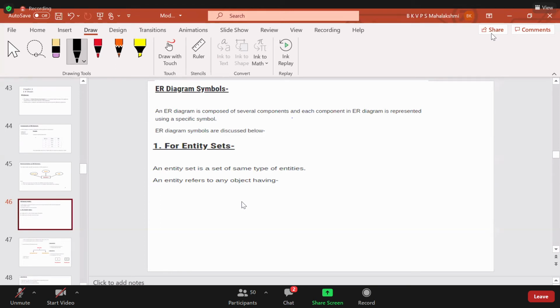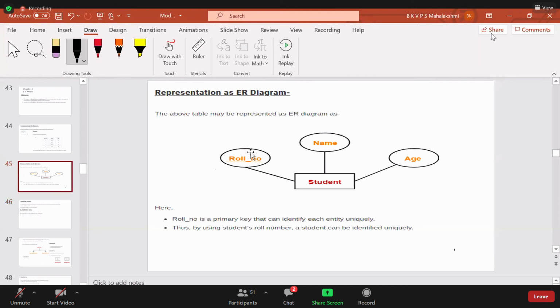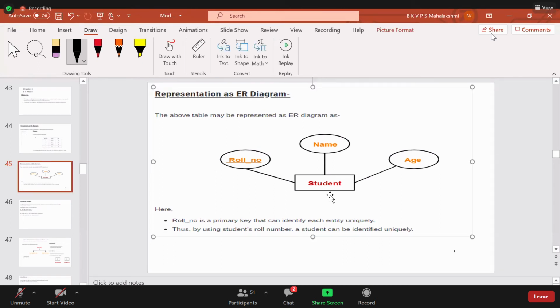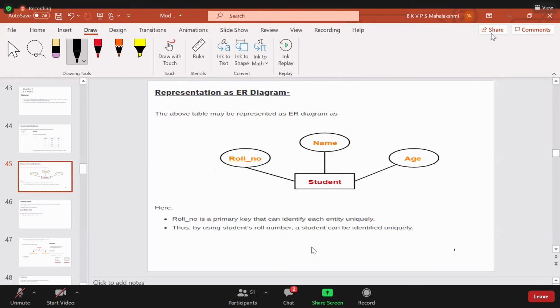Suppose an entity has a primary key, nothing but the key, that is called a strong entity. Because we can call this entity an important one, because if you have the key, with that you can know all the information. If you don't have this kind of thing, this roll number, suppose for the student, if you don't have the roll number column, then even if you search something, it will give you a wrong answer only.